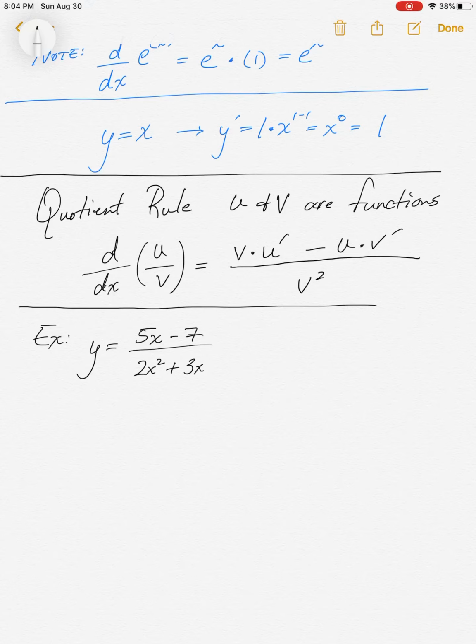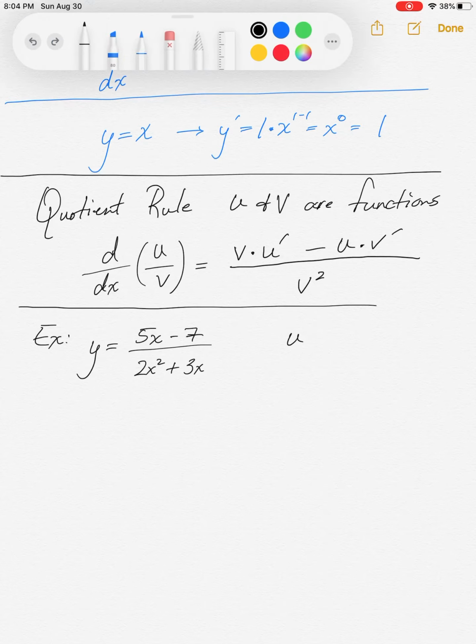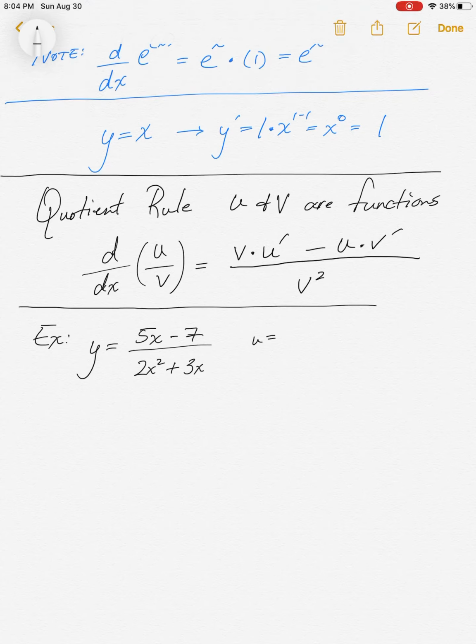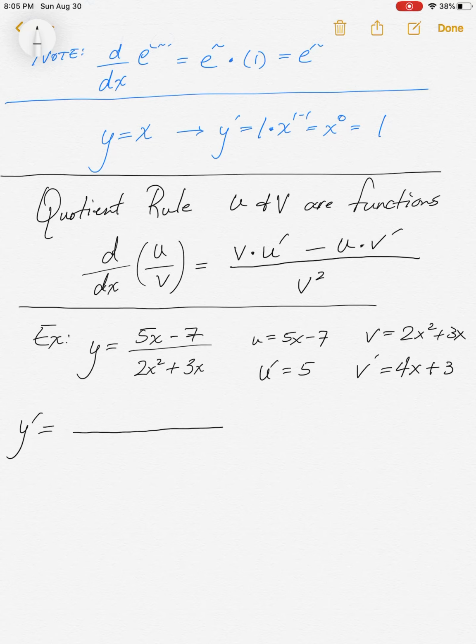All right, so we have u in the top right there. We have u, it's 5x minus 7. V is 2x squared plus 3x. U prime equals 5. V prime equals 4x plus 3. Don't forget to differentiate all the way through your equation there. So we have y prime equals,